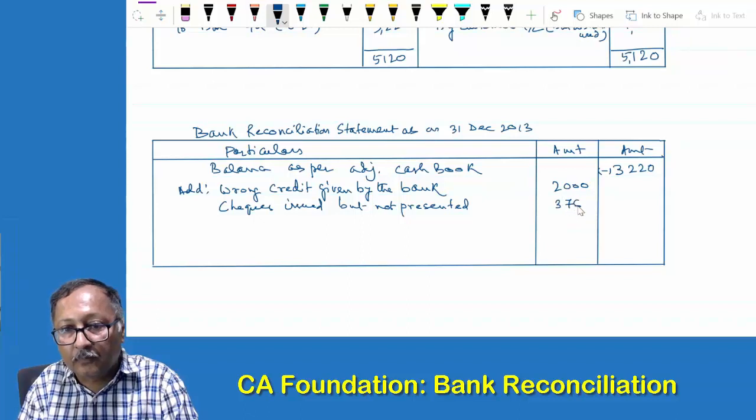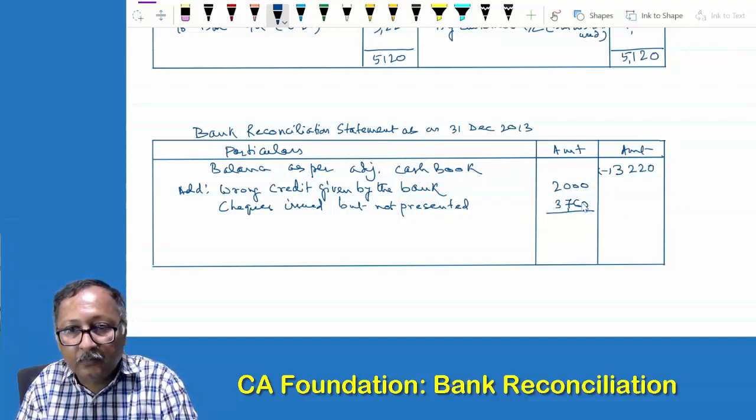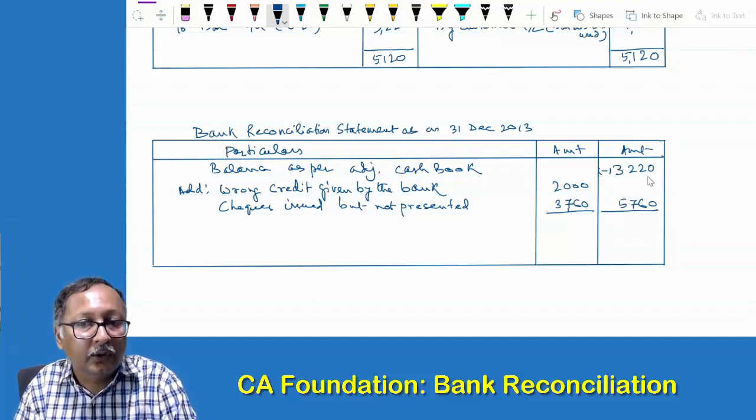$3,760. So these are the two entries only. Then we have one reduction. So we will take this 5760. This is a positive balance. This is plus, and this 3,220 is an OD balance. So if we reduce that, we get